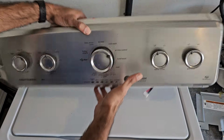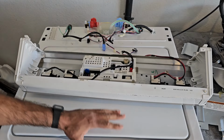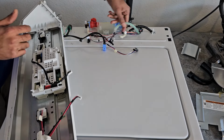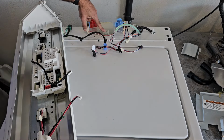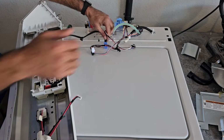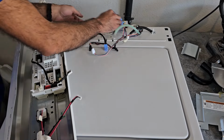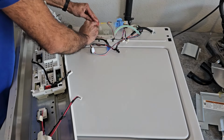Alright, so here is the donor console, and here's all the hookups for our machine, which is pretty much brand new. And the only issue I see is that this current model doesn't have a temperature sensor right here for the water inlet valves. But that is easy because we're just going to take that harness off of our donor machine as well. That was kind of unexpected. I didn't really expect that to happen, but